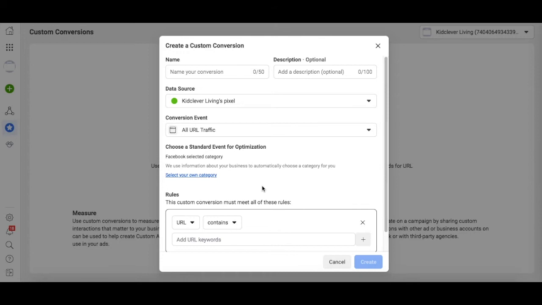Let's say for example I've set up two standard events for leads on different pages of the Kid Clever website. One is for playhouses and the other is for climbing frames. I want to advertise to these two audiences separately. So to do so, I first name my conversion. Let's go for something like